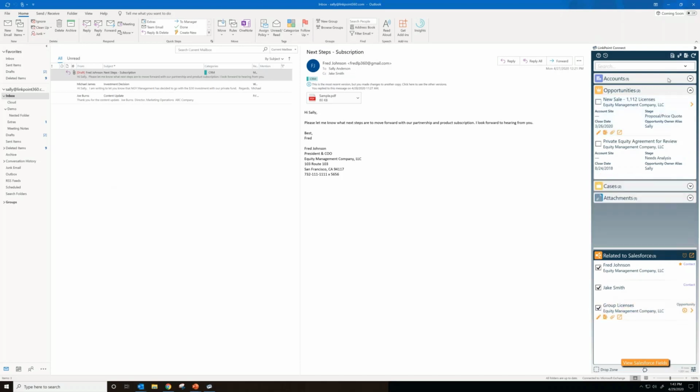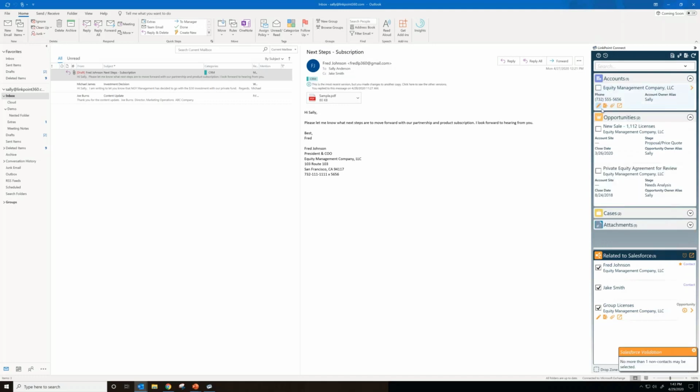This email is now tagged to an opportunity. If I go and I want to apply it also to an account, I'm getting that error message at the bottom that I can't do that. That's a Salesforce restriction. So if you are working with, do I record to the case? Do I record to the account? I think you're just going to have to try to pick the best match and also look at what your